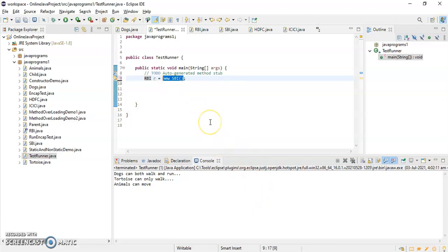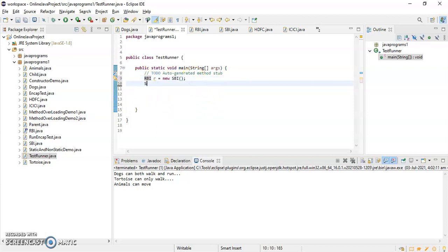That is the rule, that is the protocol. So we cannot create an object of an interface. That is the reason we create a reference variable of the interface and assign the object of a class. SBI is the class which is implementing your RBI interface, right?